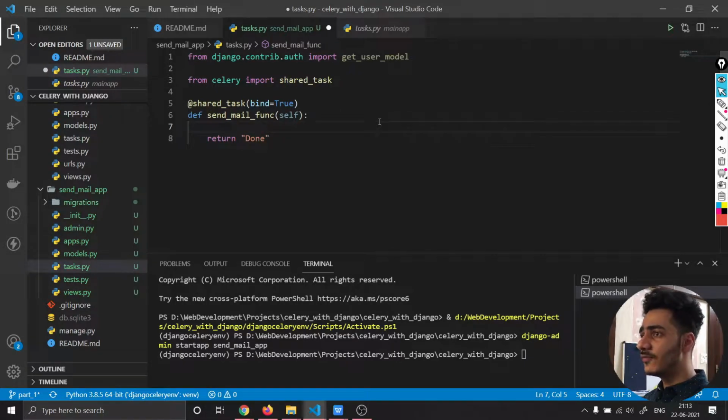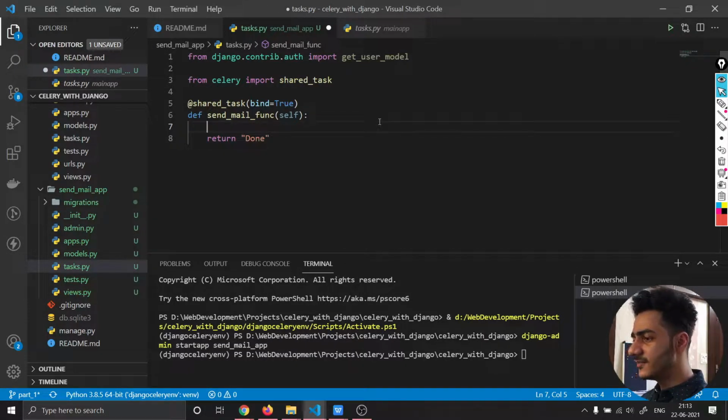Now inside this, what I want to do is I want to send mails to all the users. Suppose I am an admin user and I want to send mails to all my users. Now this mail can be of anything, like suppose this is an e-commerce website, then about new offers, new sales and all that stuff, or it can be any kind of website, right?